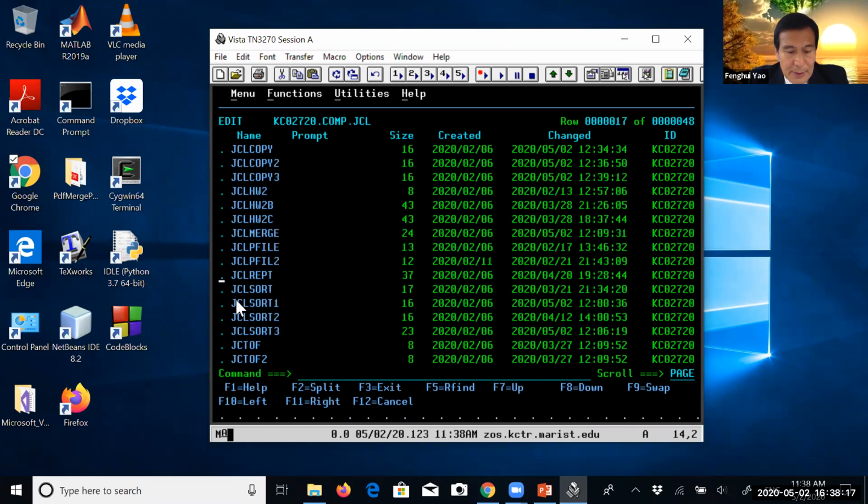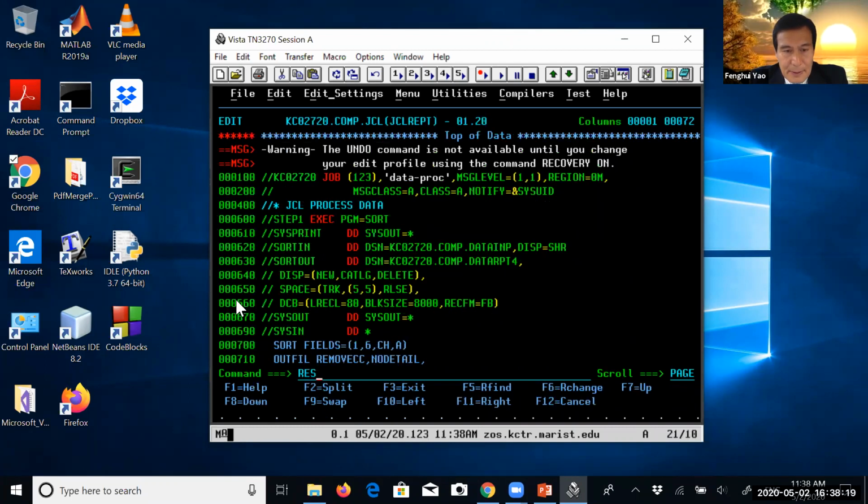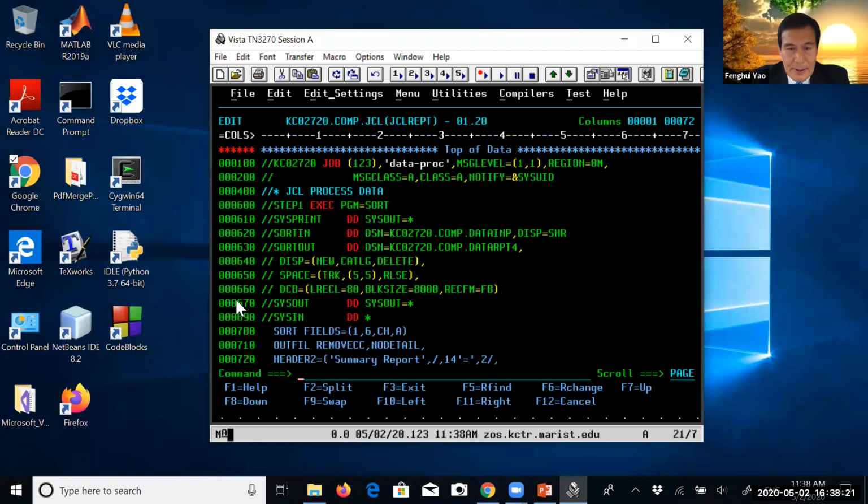Let's check this one. This JCL will use this input data and generate this output. We call it a data report. Let's call it 5. We change the name, and then